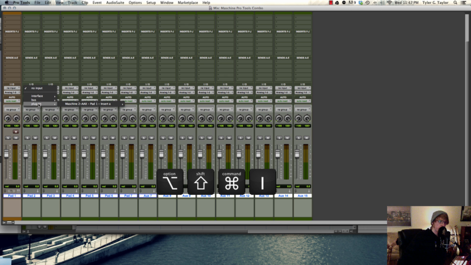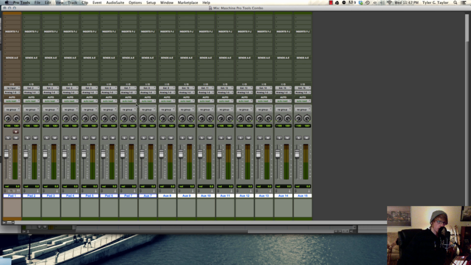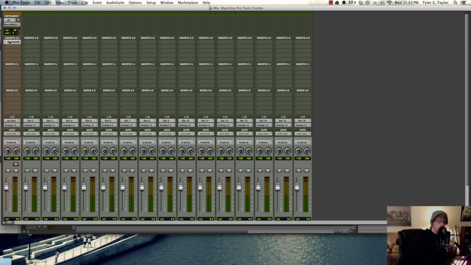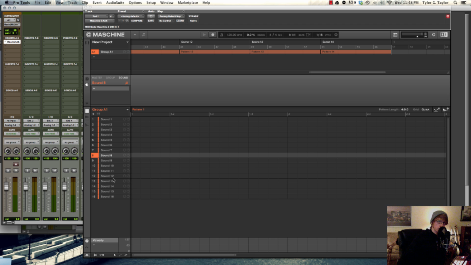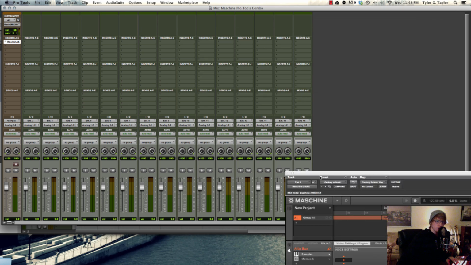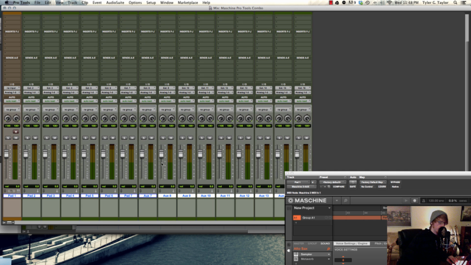You don't need the first instrument track highlighted, but go to the exit 2 of the Machine insert A, and it will route all of them in the right order. So now in theory we should be able to come back to Machine, and on pad 8 we can put a sound on pad 8. Let's put an alto sax. The alto sax should play on pad 8 here, so